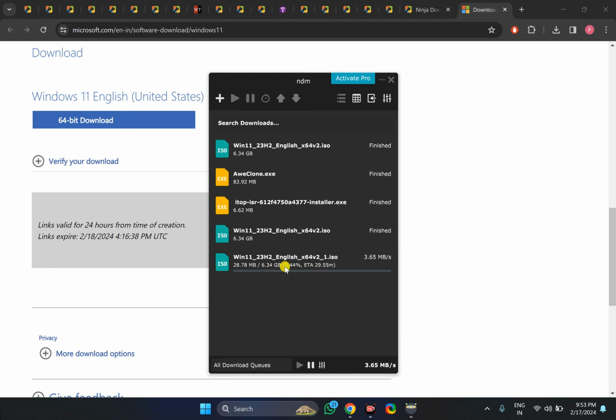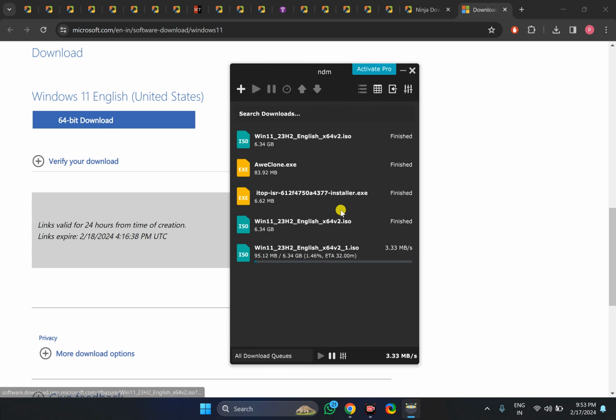As you can see on my screen, I have not copied and pasted the link this time in the Ninja Download Manager. I just tried to download Windows 11 32 ISO and it automatically copied the link and started the download in Ninja Download Manager.